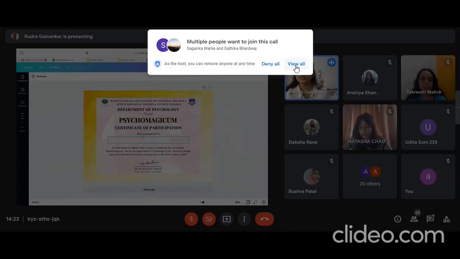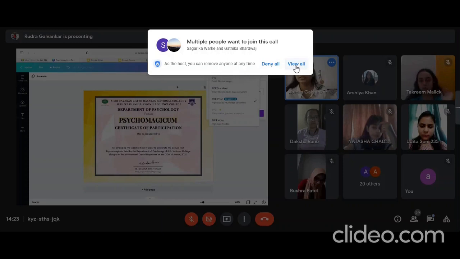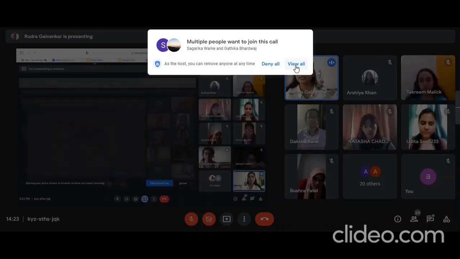and then remove the full name which is there. Remove this full name that is there and download the certificate in JPG format or PNG, whatever format you all can download it here, not in PDF, in JPG or PNG format. And tell me once all of you all are done downloading it.